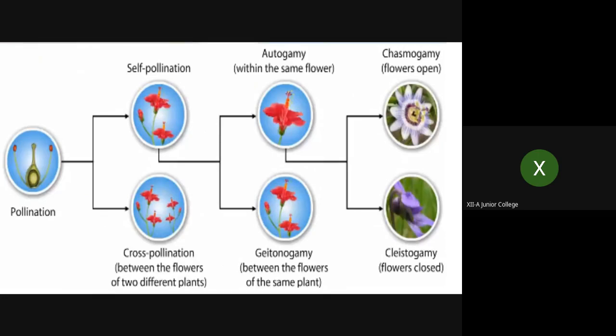Now this is just a quick overview in the form of diagrams. You can see pollination, right? Self-pollination, cross-pollination. Then the next is autogamy, that is within the same flower. Again, there are examples such as chasmogamy, where flowers open but after maturity, and cleistogamy, where the flowers remain closed. And previously it was coming, geitonogamy is also considered a part of self-pollination because there is no variation as the same plant is used.